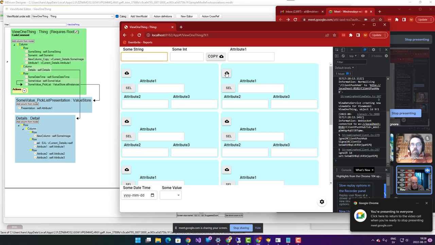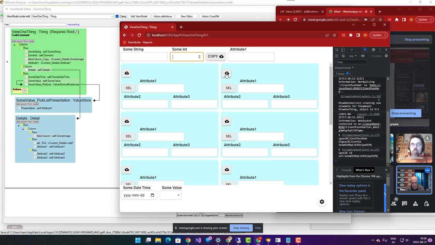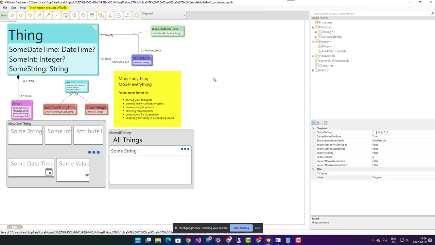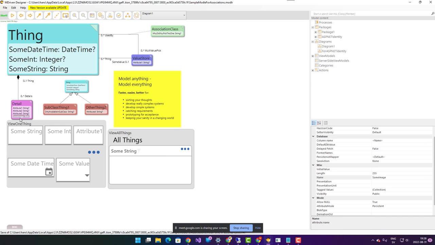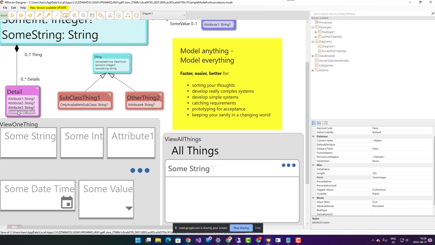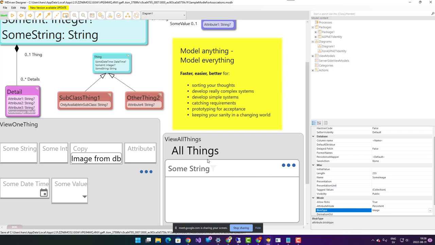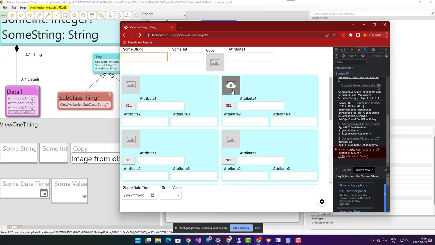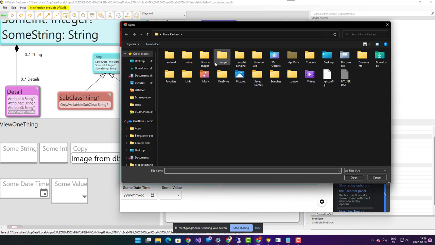So we see an upload icon, but that's because we said it was a blob. We really need to state that this one is an image. So here's the image that I added the attribute. We should probably say that the blob type is of type image. And now we have an image over here, and if I, let's see, is this the one that's selected? And I upload an image from,